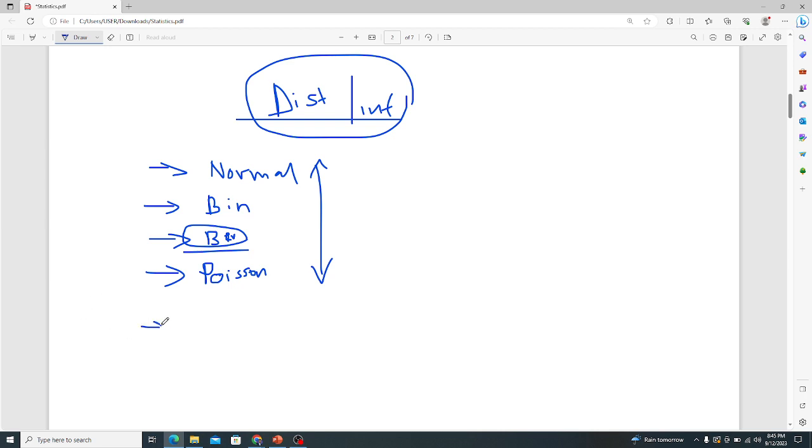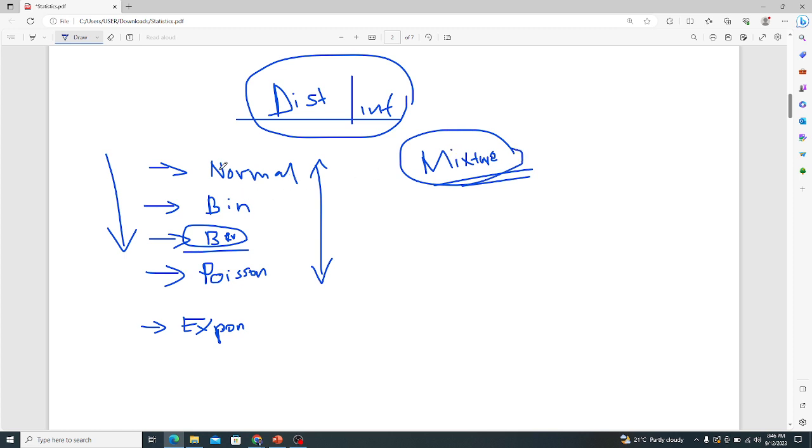Then maybe in your own time you can go and discuss exponential distribution. We have very many types of distributions, even up to what we call mixtures and the advanced level of distributions. Mixtures are basically a combination of two or more distributions, for example a mixture of normal distribution and Poisson